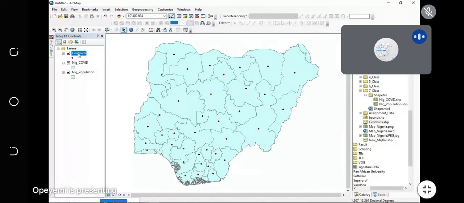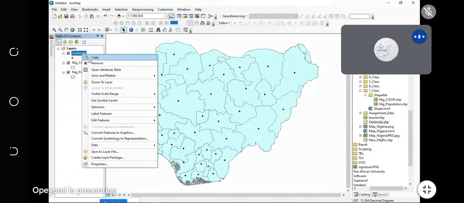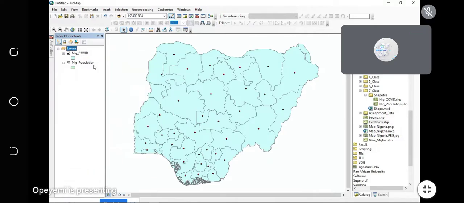But right now, I just want to deal with polygons based on COVID-19 data at state level and population data at state level. So I'm not interested in the points data right now. So let me just remove it. But if your work requires that you use point data, then you can combine everything together. So after you are done with your data cleaning, you are sure of the data that you want to bring into the ArcGIS Online environment, then